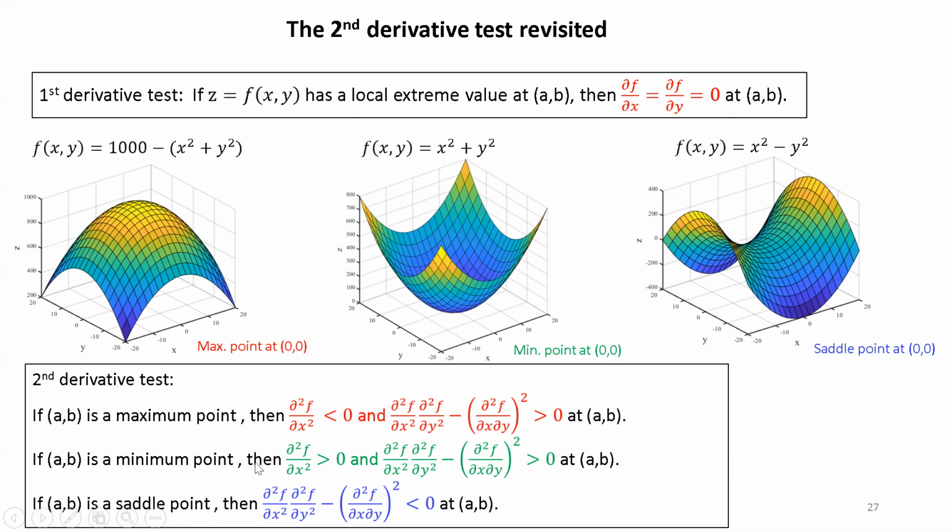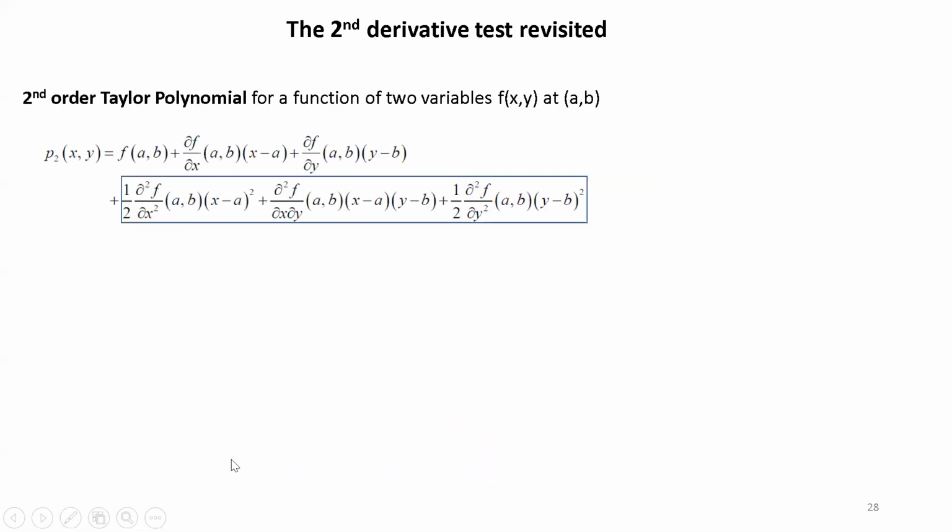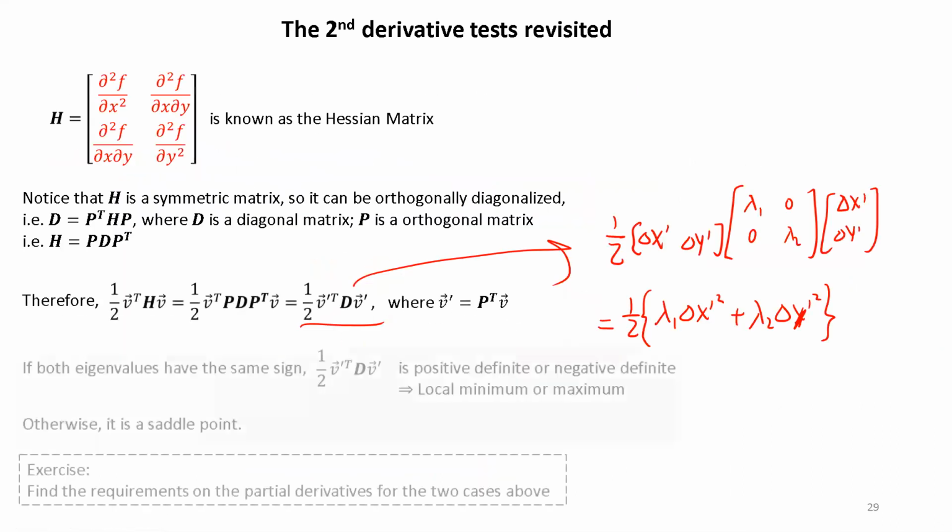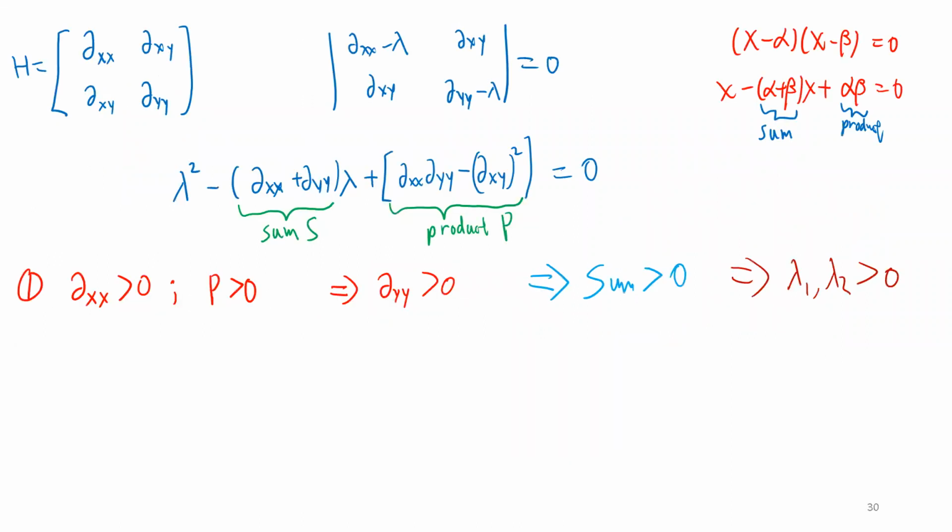That's the second case. I should have done the first case first, but this is the second case. What I showed just now is that I have a minimum point, because I showed that the two eigenvalues are both positive. Using almost exactly the same idea, you can consider the other case,